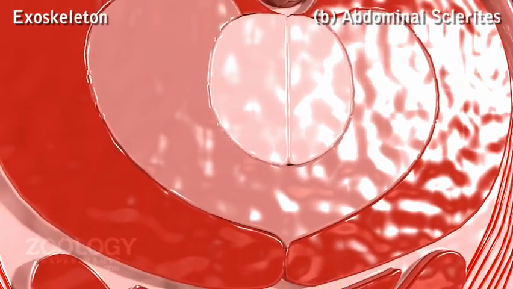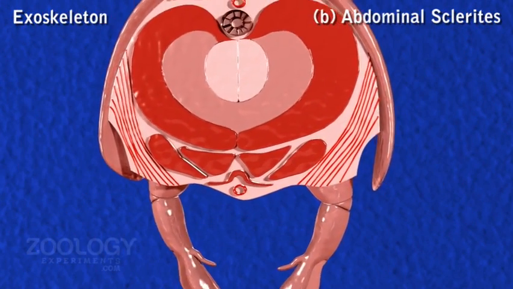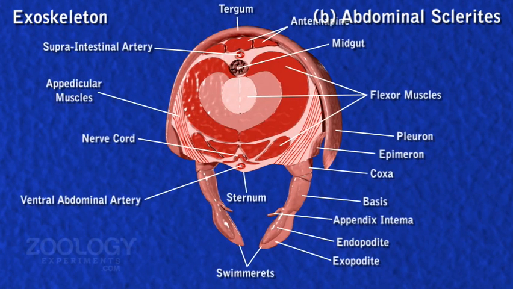Abdominal sclerites. The sclerite of each abdominal segment is separate, with movable joints. In each abdominal sclerite, its dorsal broad plate is called as tergum, and ventral narrow transverse